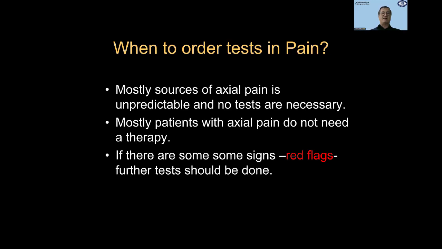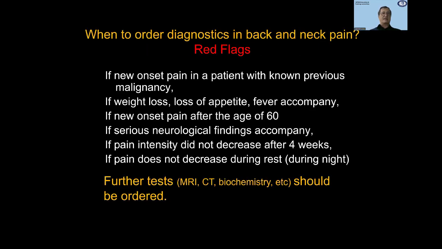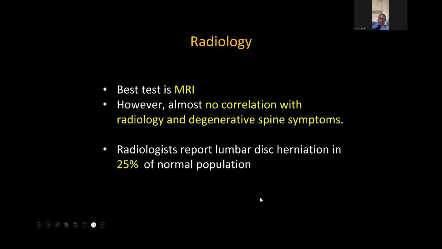And I will not tell more details about this, but if the new onset pain in a patient with known previous malignancy, if weight loss, loss of appetite, fever accompany the pain, if new onset pain after the age of 60, if serious neurologic findings accompany, if pain intensity did not decrease after 4 weeks, if pain does not decrease during rest, these patients must have MR image or other investigations. Best test is MR in diagnosing of